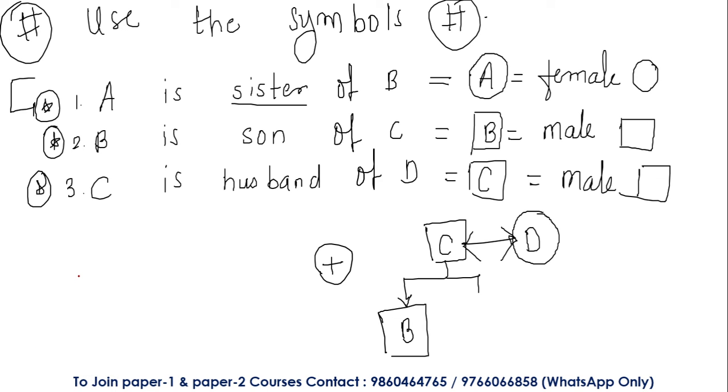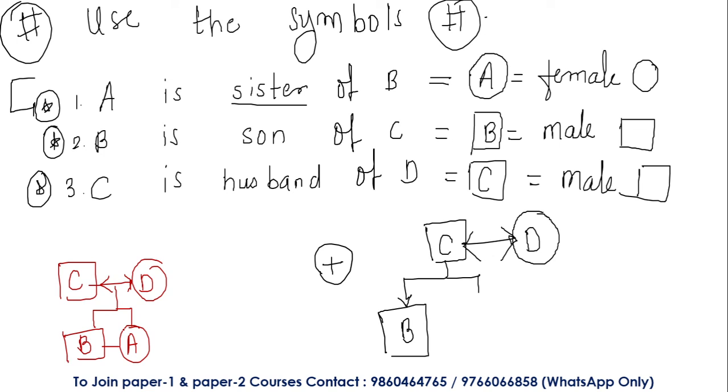If I club all these diagrams together, C is married to D. D is a female character. Both have B as a son. Now B is a son, no doubt in that, but A is sister of B. So here we can conclude that C and D are a married couple having two children, B and A. As C and D are married, I have used a double-headed arrow between them. C and D belong to the first generation. The next generation are their children,